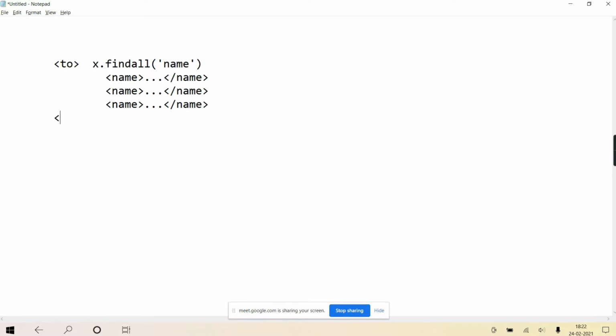Possibly we have one more element in this whole tree with the same tag name. That won't be considered, only those which are immediate children of it. Now, instead of findall, if I write find, it will return only the first child with that tag name. So there are 3 with the same name, and it's going to return this first one only.